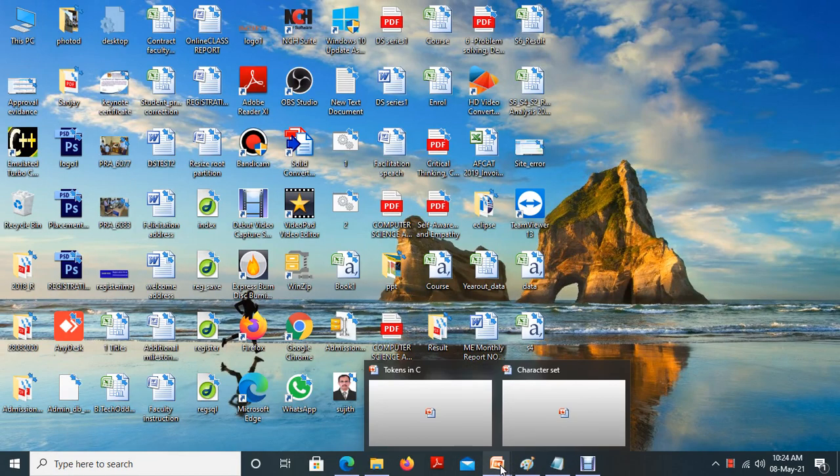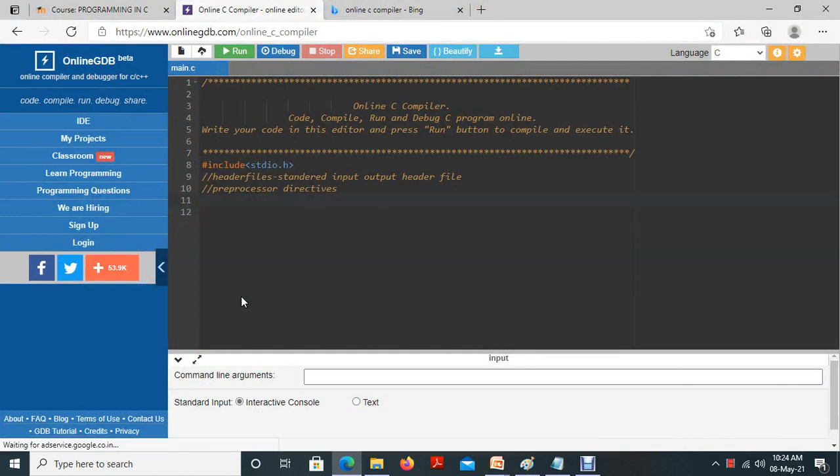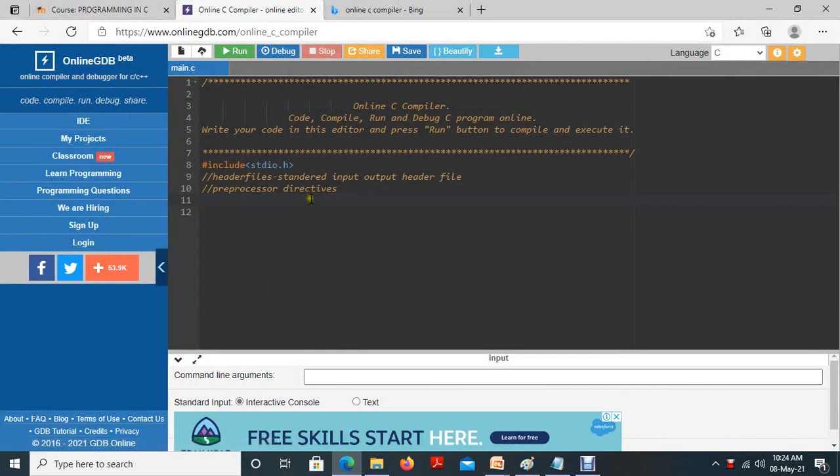Today we are going to discuss a basic C program. Before writing the program, I just want to discuss each and every stage in a C program. First step is writing header files in the C program. So what is the meaning of a header file and what is the syntax for writing the header file? The first step before writing the program is to define or mention the header files.